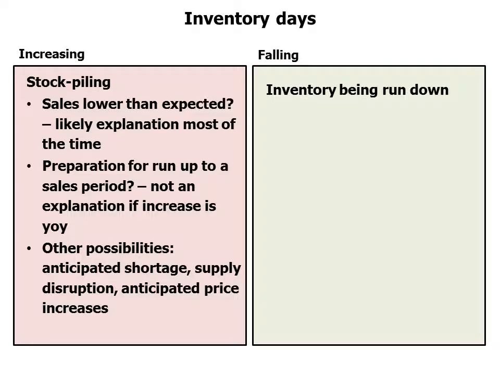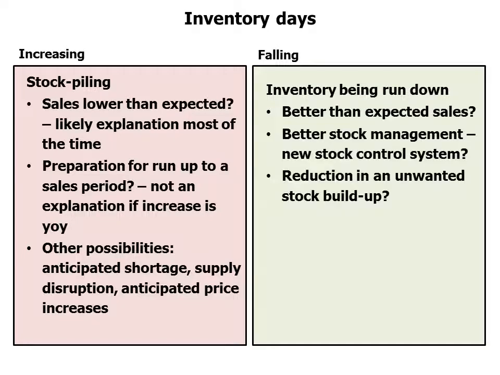If on the other hand inventory days is falling, it means that inventory is being run down. And again, there's a number of possible explanations. The first is that perhaps sales were better than the company had expected. There may be a better new stock control system that has been introduced, so that just in time stock management is better, or it is simply an after the event reduction in an unwanted stock buildup,